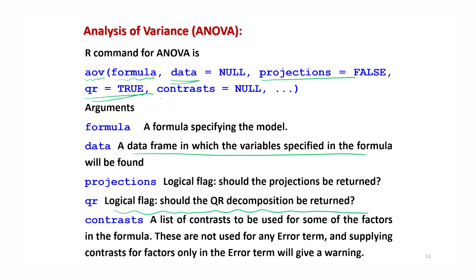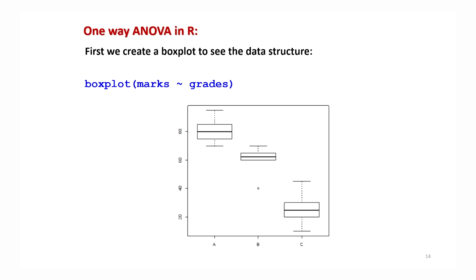Then we have contrast, right? Contrasts are linear parametric functions where the sum of the coefficients is equal to 0 and so on. But anyway, I am not going into that much detail, and you can see it yourself, but I want to take the minimum commands to make you understand how to conduct the analysis of variance.